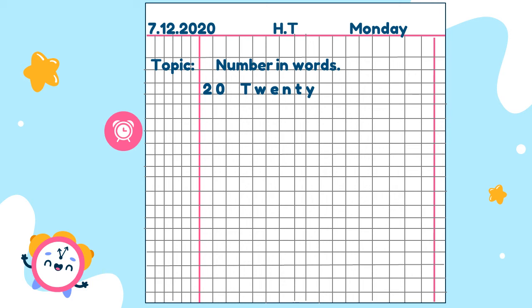Then what comes after 20? 21. Then leave this block. Once again you have to leave the line as well. Those who have small blocks like me, you must leave the line and blocks as well, like I'm leaving. And those who have big blocks, no need to leave any block or any line. So write the spellings of 21, then leave this block.